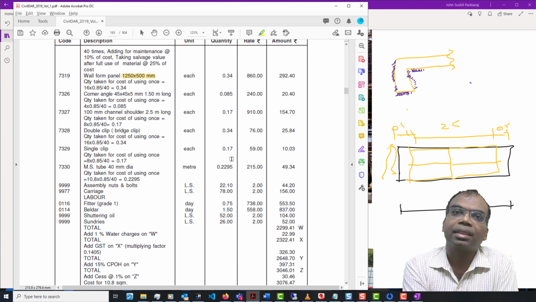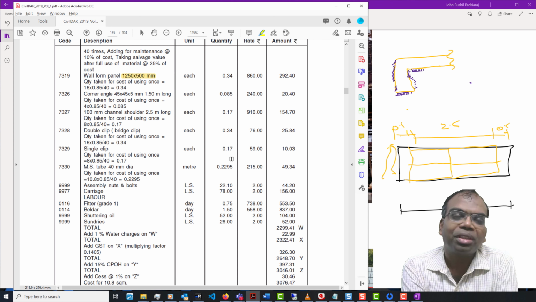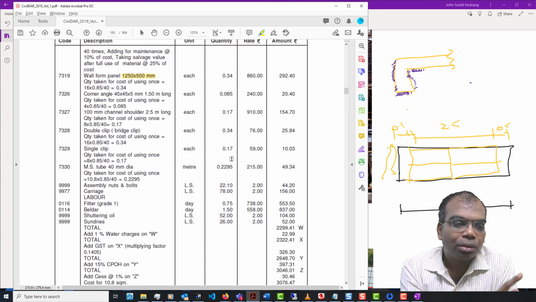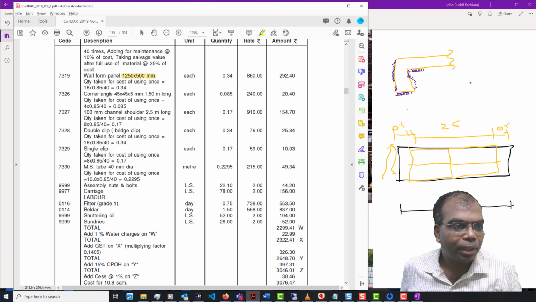But in practice, when you go to site, life is never so fair. Okay, life is never so fair. So you will need to change the calculation as per your site requirement. And another thing is, you should also be aware that each company has its own standard. So you also need to ensure that you adhere to your company's standard.